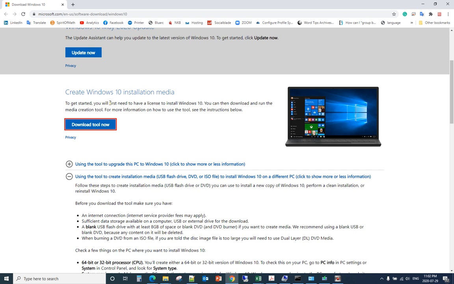So today I will show you how to create a Windows 10 USB bootable drive to install Windows 10 from a USB drive. So first of all, you need to go to Microsoft.com, software download Windows 10 and